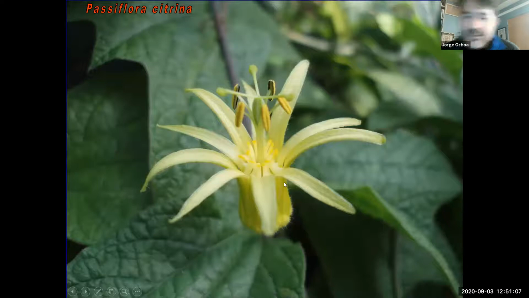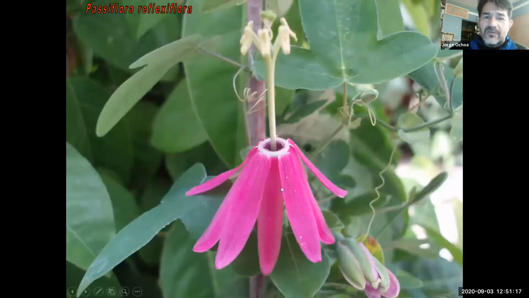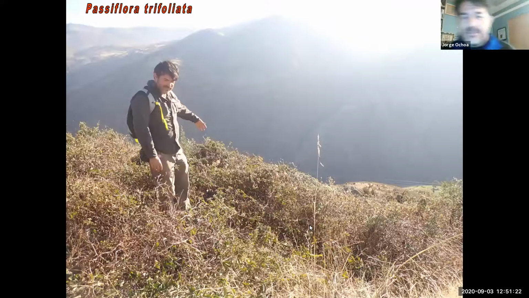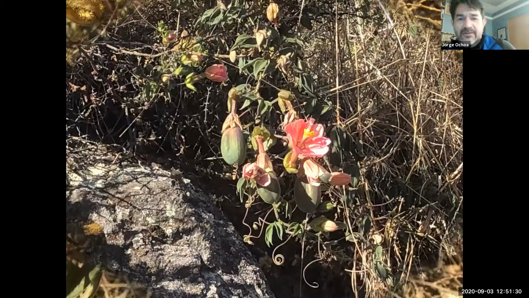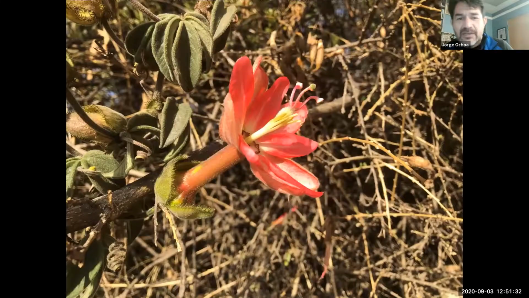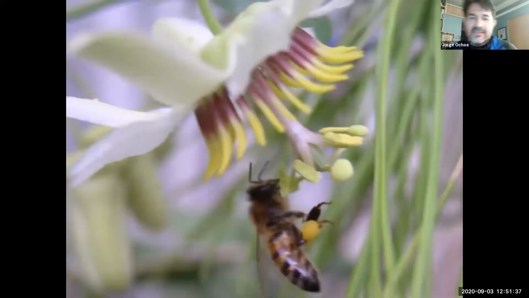Quadrangulosa and Sanguinolenta will have a nice slender tube, as well as its close sister, Citrina from Mexico, which is in the yellow category. And in the Love in the Mist, Sablanceolata, or Reflexiflora, again, reflexing petals. And then on my trip in January to Peru, we found Trifoliata early in the morning, and there's the flower for this individual, endemic to Peru or the Peruvian Andes area, Trifoliata.